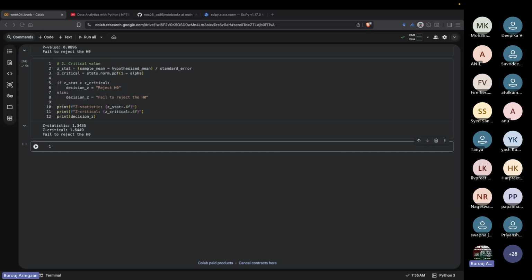Okay, in that case, we can go to the second question. Since we know how to do this, the second one should be easy. In the second case,